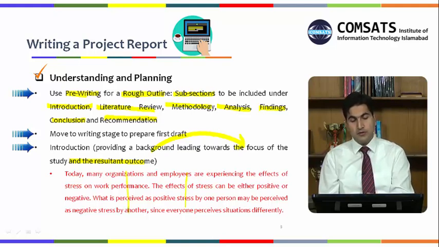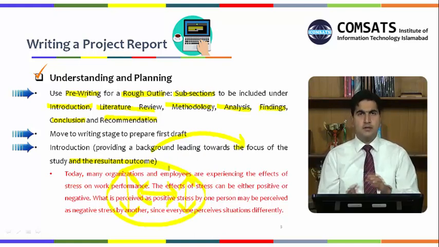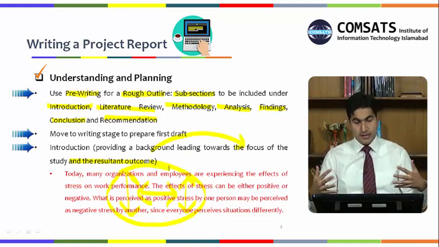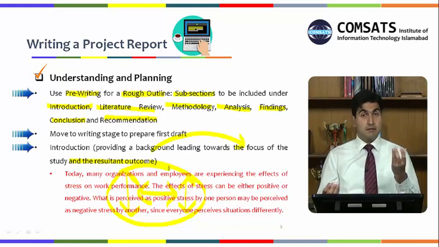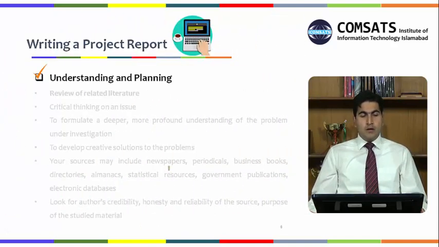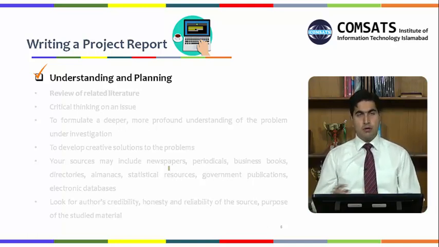So this is the way in which sentences are being connected, not just this way but this way as well. Things are connected. This basically becomes the cohesion and the coherence, the linkage which is there, and basically the unity lies with the main thing which is being studied, that is stress. Then comes your next stage, where you have to move and talk about literature that you have studied.